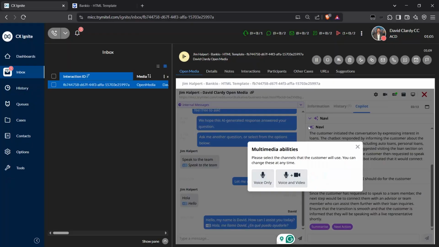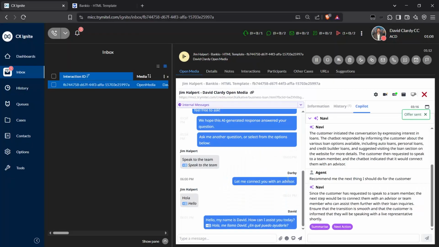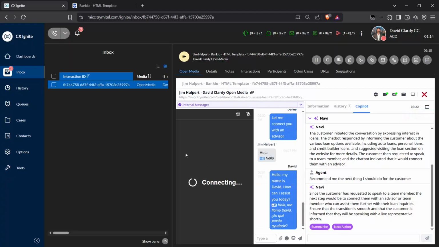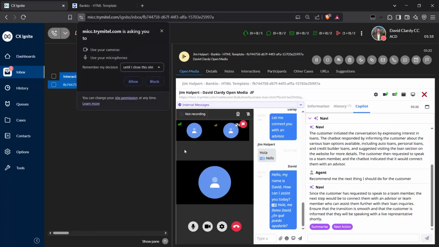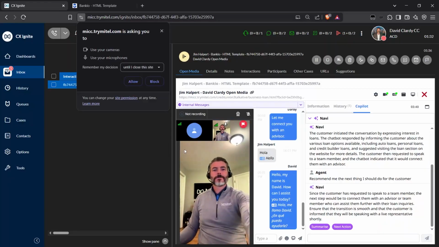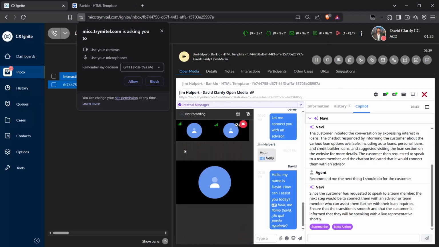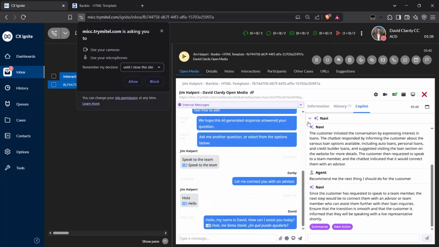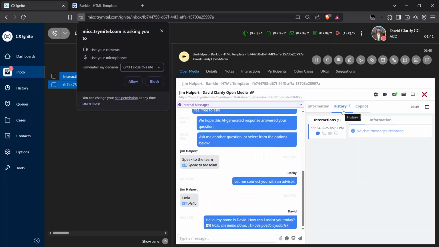Additionally, at the top, I have some tools where I can transition this conversation to voice with video conversation. So now I can escalate this web chat into a two-way voice and video call right on the customer's web page without them having to install any type of applications. Of course, I still have some additional tools like co-browse and customer view, and then I can transition this to any of those additional omni-channel solutions like email or voice conversations, just like we had on some of our previous